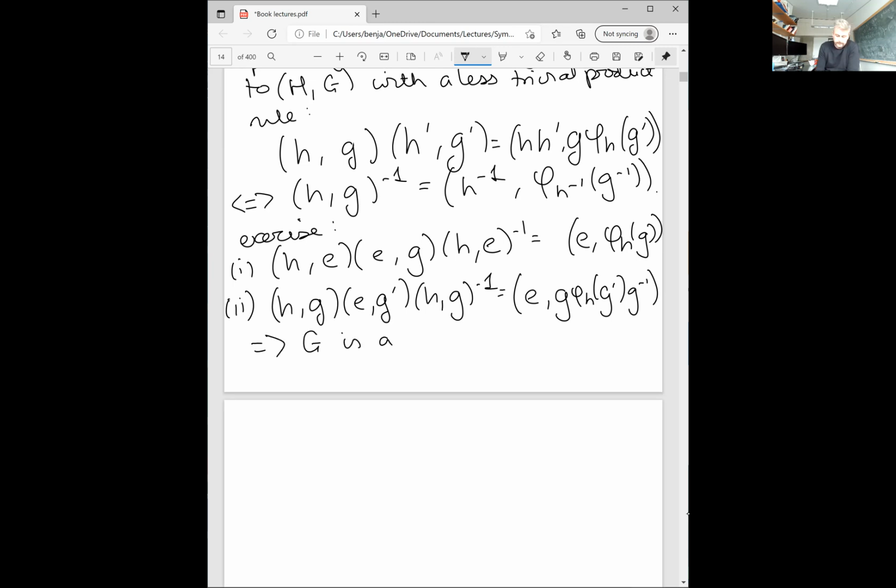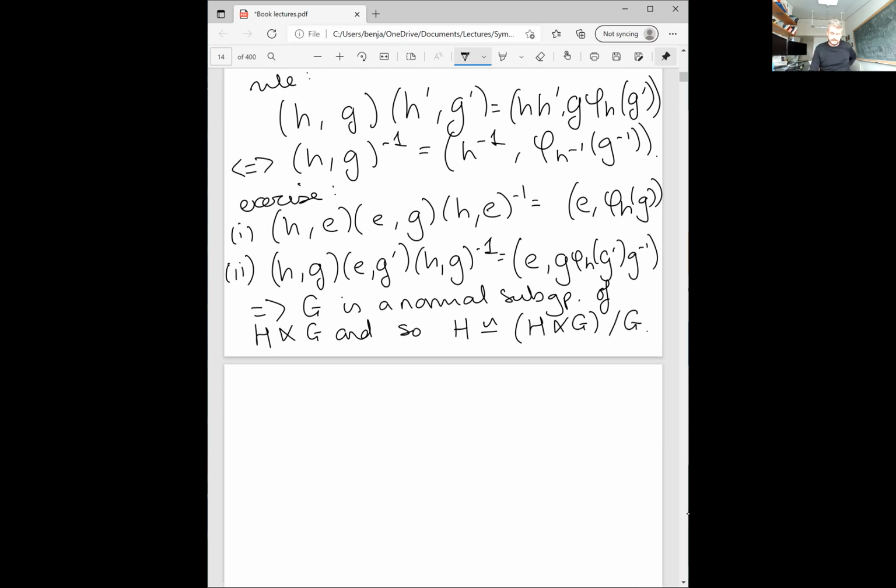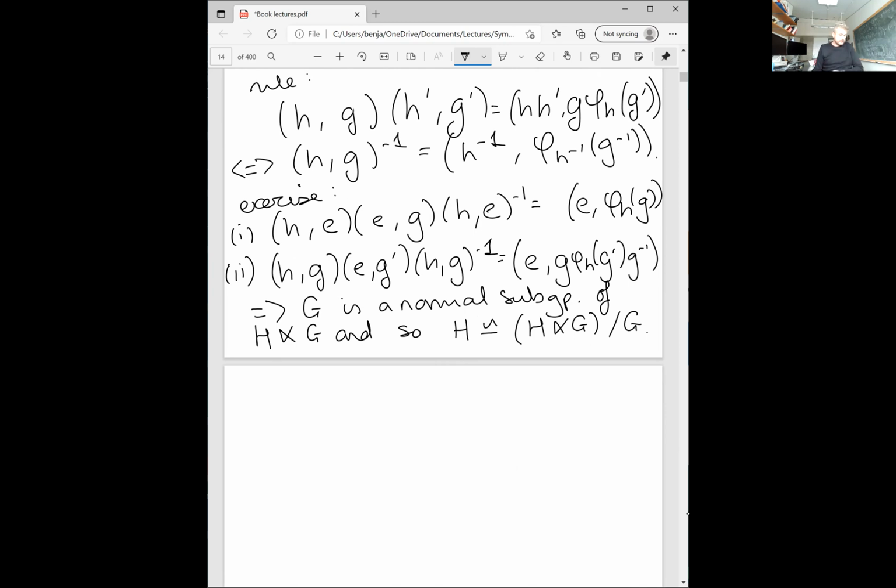So what this means is that G is a normal subgroup. If you look and see what the definition of normal subgroup is, this means that G is a normal subgroup of the semi-direct product. And that has the implication that H is isomorphic to the semi-direct product coset space with G. As I say, this is important for representations of the Poincare group, but let's just see a simple example